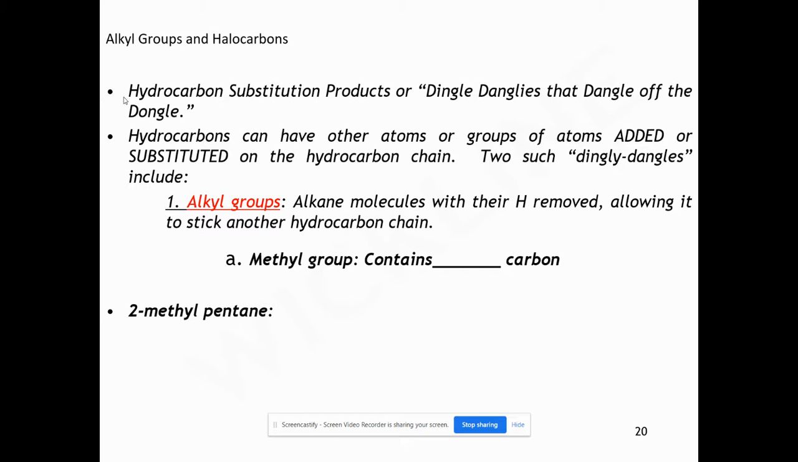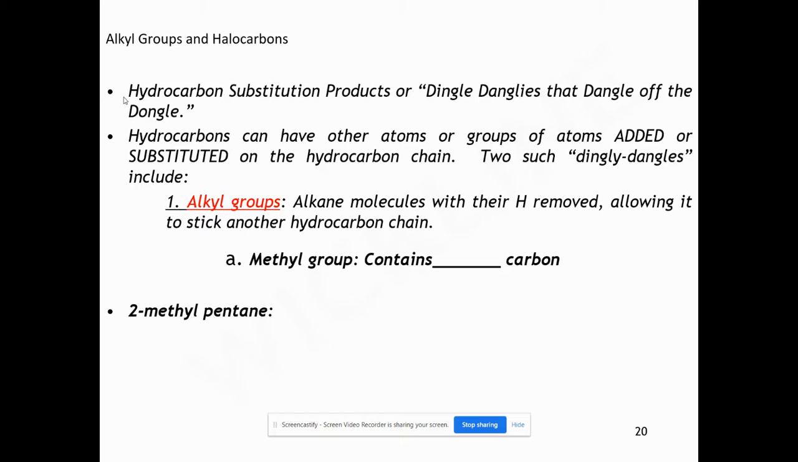Okay. And then we have hydrocarbon substitution groups, or what Mark Rosengarten calls the dingle dangles, the dangle off the dongle. He does a whole video on that. So I'm just going to zip through this really quick. Hydrocarbons can have other atoms or groups that are added to them. Right, we call those dingle dangles. So then you have the